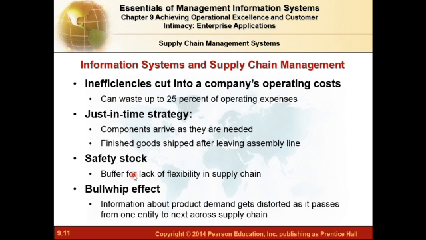Safety stock, a buffer for lack of flexibility in the supply chain. And then the bullwhip effect. Information about product demand gets distorted as it passes from one entity to the next across the supply chain. In the example of the bullwhip effect,